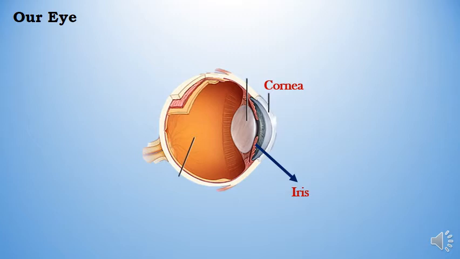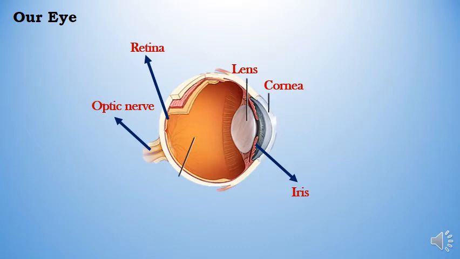When we say a particular eye color is brown or black or green, we actually refer to the color of this iris. Okay. Now behind the pupil of the eye there is lens, which is thicker in the center. The lens focuses the light on the back of the eye on a layer that is called as retina. The retina contains several nerve cells. The sensations felt by the nerve cells are then transmitted to the brain through optic nerve.